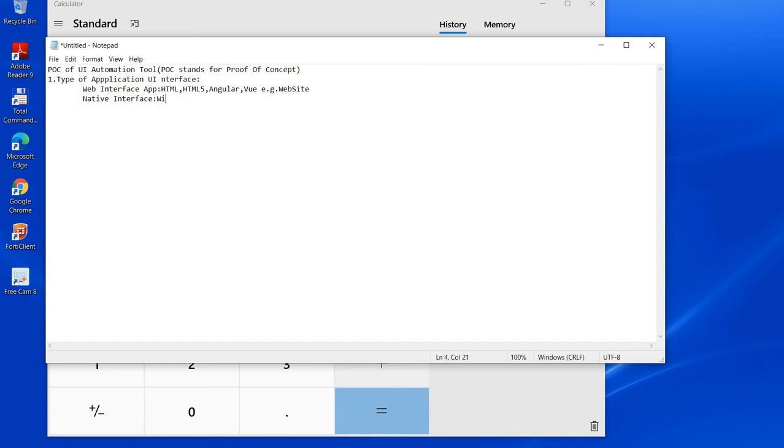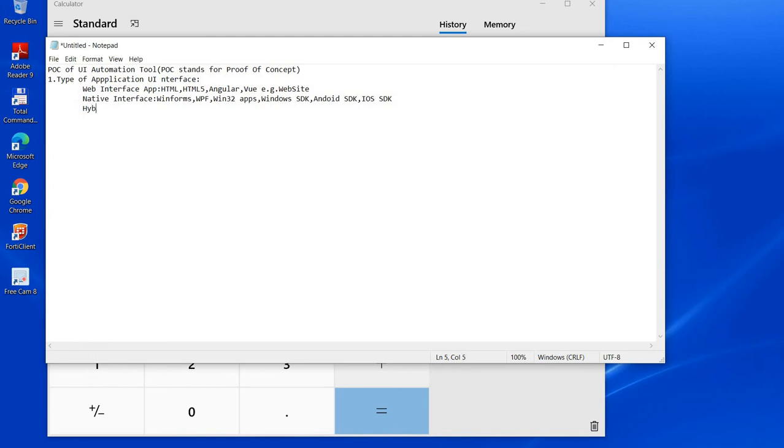These are a few native interface design technologies: WinForms, WPF, and many others like Win32 apps, Win32 libraries, Windows SDK. If we talk about mobiles, Android SDK, Android native apps, iOS SDK, iOS native apps, right? These are all native interface applications.